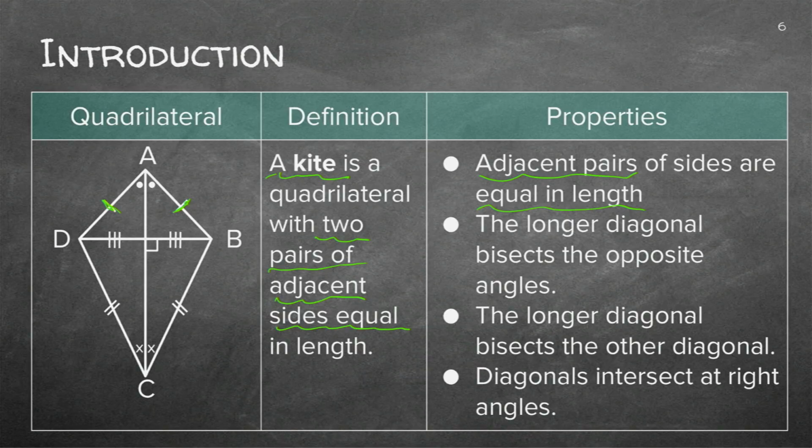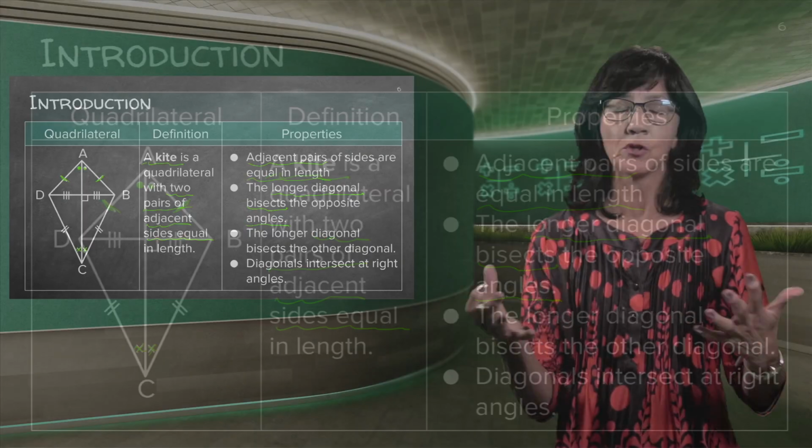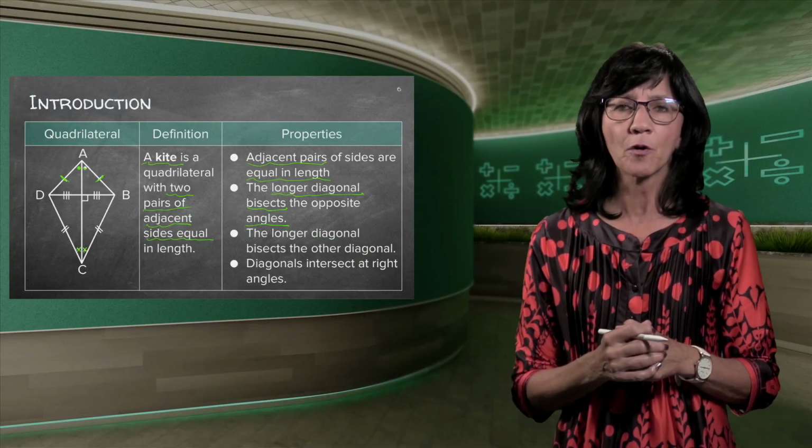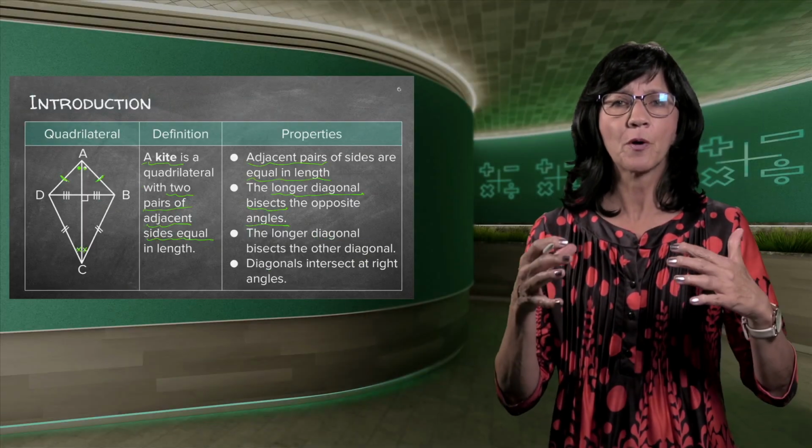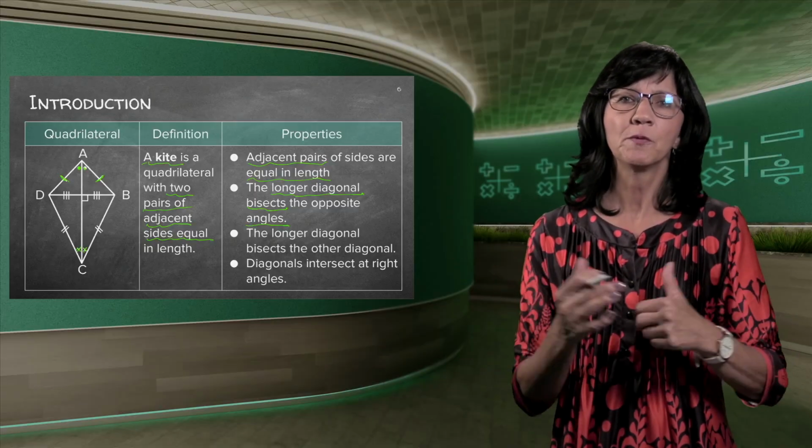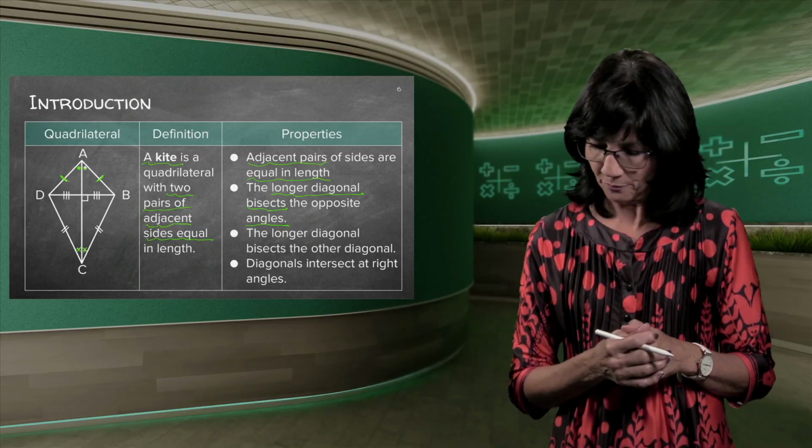That's also the property. The longer diagonal bisects the opposite angles. So there you can see it's marked with two dots, and here it's marked with two crosses. Only the long diagonal bisects the angles. Now you see we're going to use it later on. Even in matric, we use it a lot in different analytical problems. So if you know the properties now well enough, and you get to matric, it will just be very easy to do the problems on that.